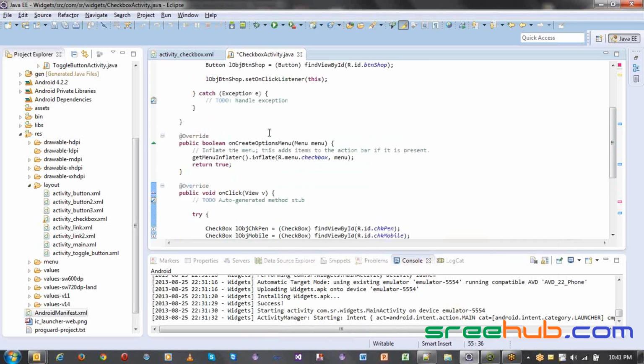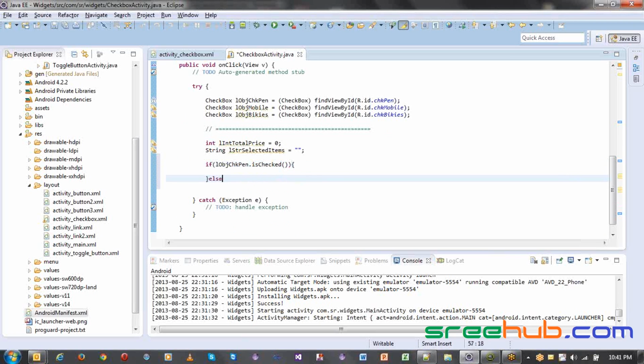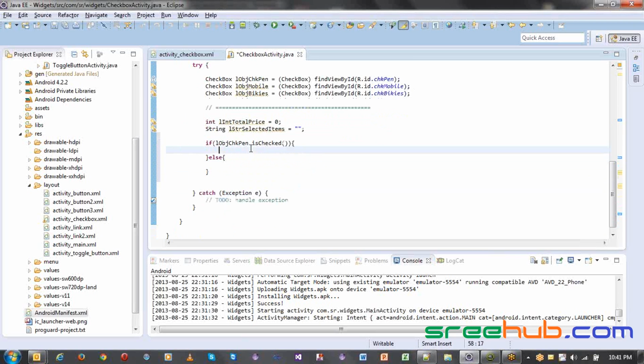If it is checked, this is a catchy point, right? When we created the on-click listener, we could have got a direct onCheckedChange listener, which means whenever you change your check status, an event gets triggered, and to that event you have a second argument, a boolean, which will give you the actual status of checked or not. So let's take up that. So if it is checked,